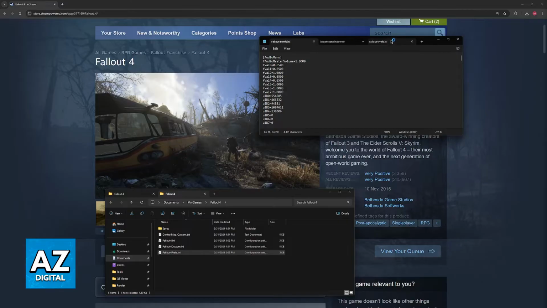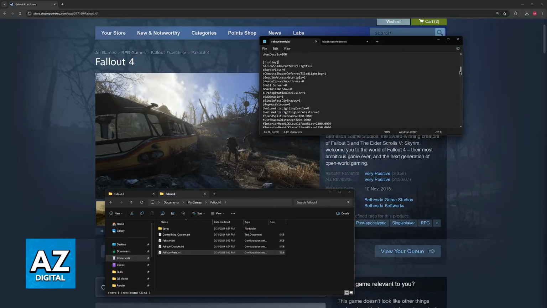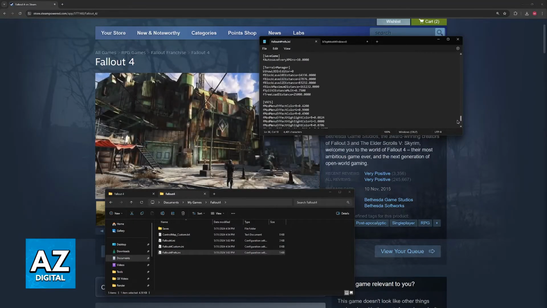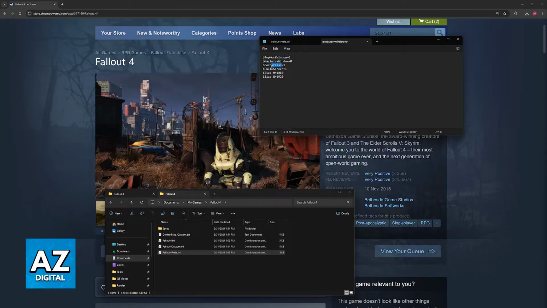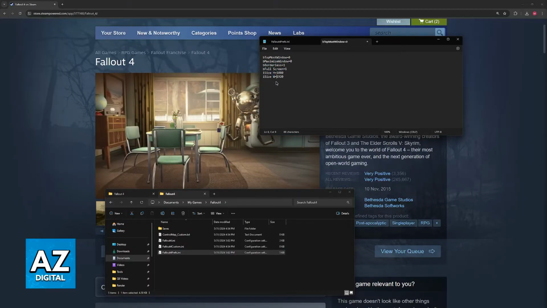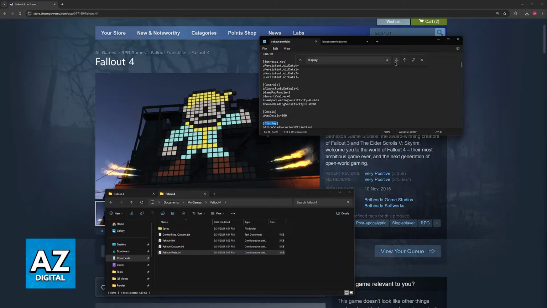Once you open this file in Notepad, you will see that there are a bunch of lines of code, and we have to look for a specific one. We have to look for bTopMostWindow, bMaximizeWindow, bBorderless, bFull Screen, and then the size, meaning the height and the width. So the quickest way to find these is just to go over to the display category. So if you look for display, eventually you will be able to find this category here.